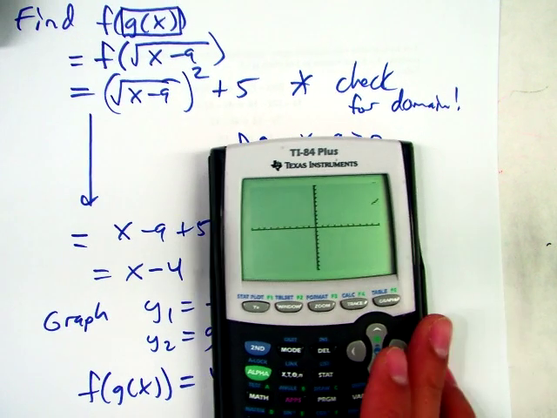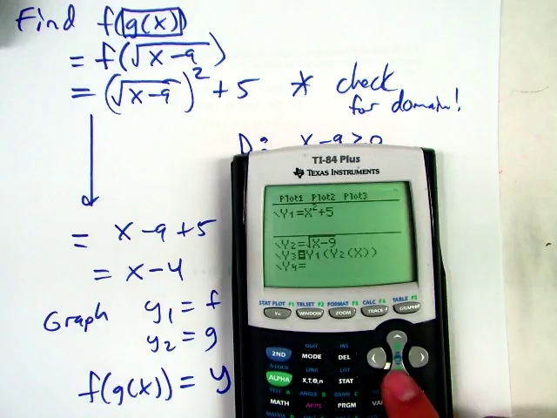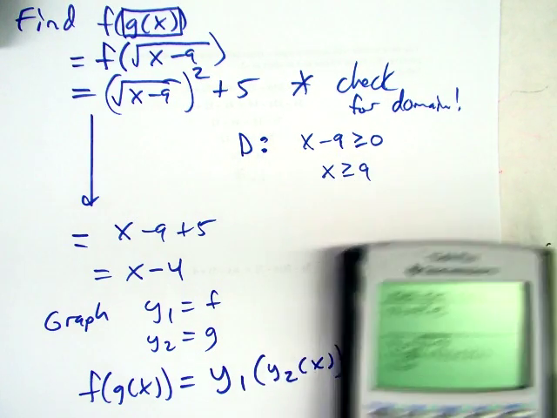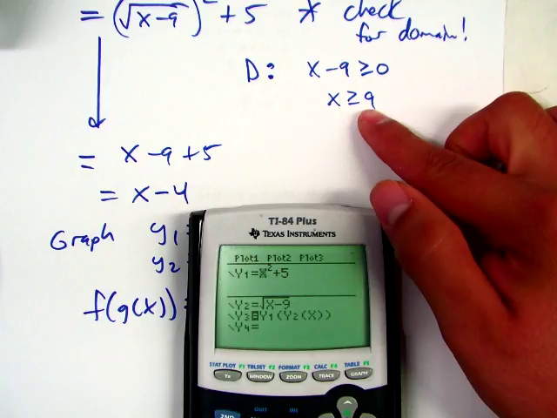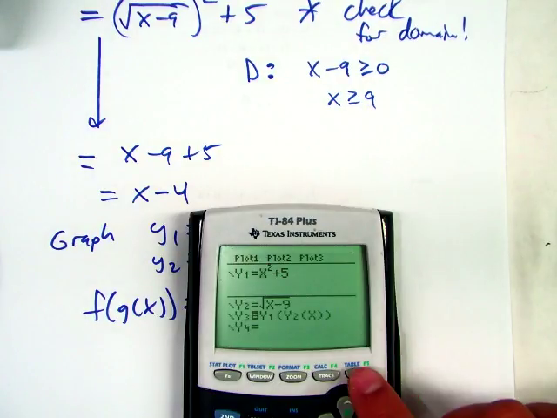You got an error? Yes. Did you type in everything exactly the same? I just have a little line. Yes, you should have just a little thing at the end. And here's why we have the little thing. What did we say the domain was for this composition? Greater than 0. What'd you get in bars? Or 9. We had 9 or more, right? So what this graph is doing